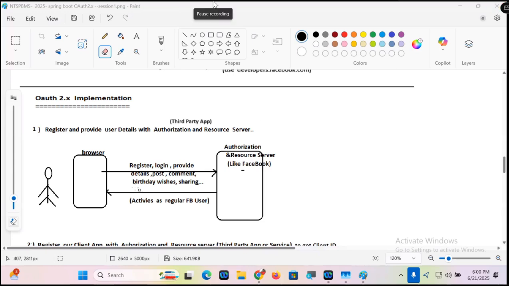Okay, so what's the first one as a developer? First one: register and provide user details with the authentication and authorization server. Not as a developer, this is application registration. You should have an account in Facebook, you should have an account in Gmail. That's good. Second one,